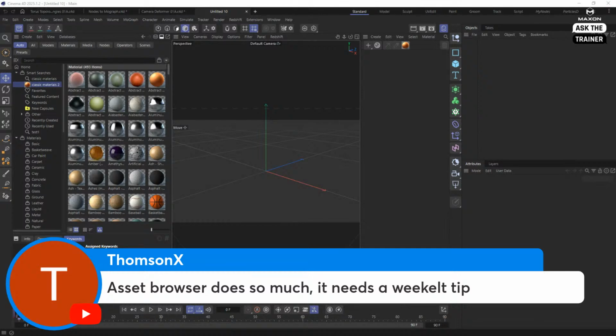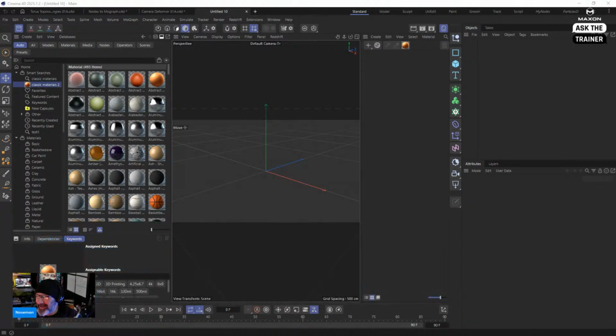It needs its own weekly tip. We actually have an expert in the company that swears by the asset browser. There are many secrets which I'm not aware of, and I'm starting to figure them out as we go. Anyway,